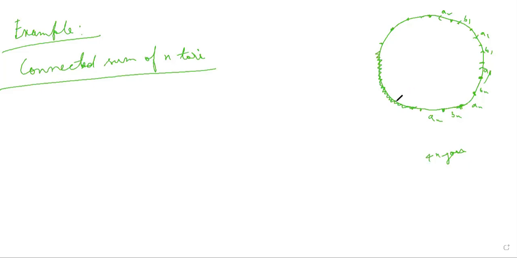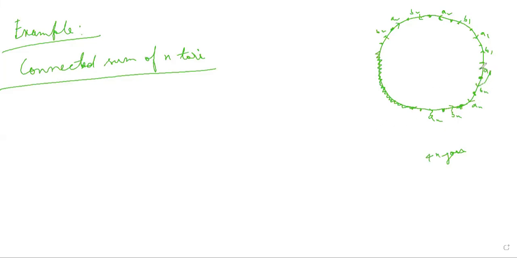So why are we doing all this? We want to realize the connected sum of n tori. How will that be done? Just see that A2, then B2, then A2, B2, like this. Then An, Bn.